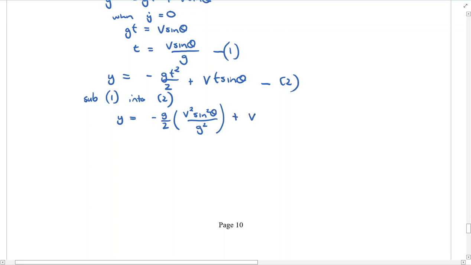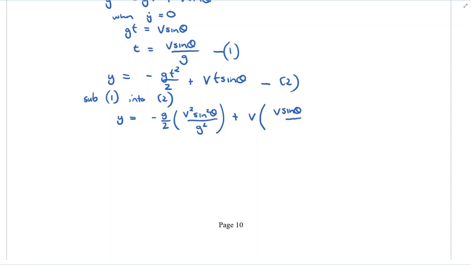Plus v, t is v sine theta. Oh no, press the button again, come back. V sine theta over g times by another sine theta. Okay,